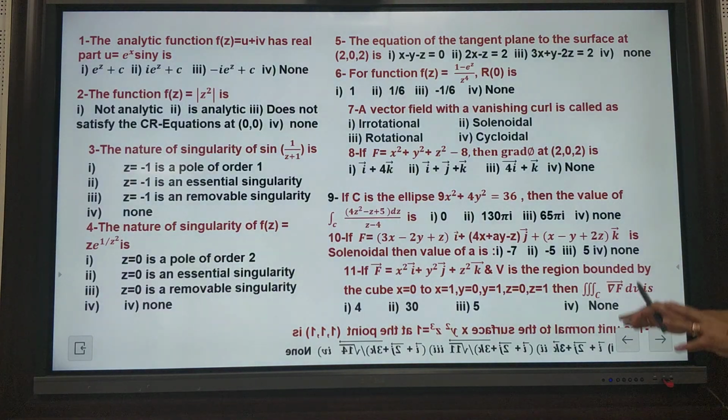At the end, on one page, all the problems are already given. So you can look at every problem, it is already given here, except problem number 12. Problem number 12 you can view from there.